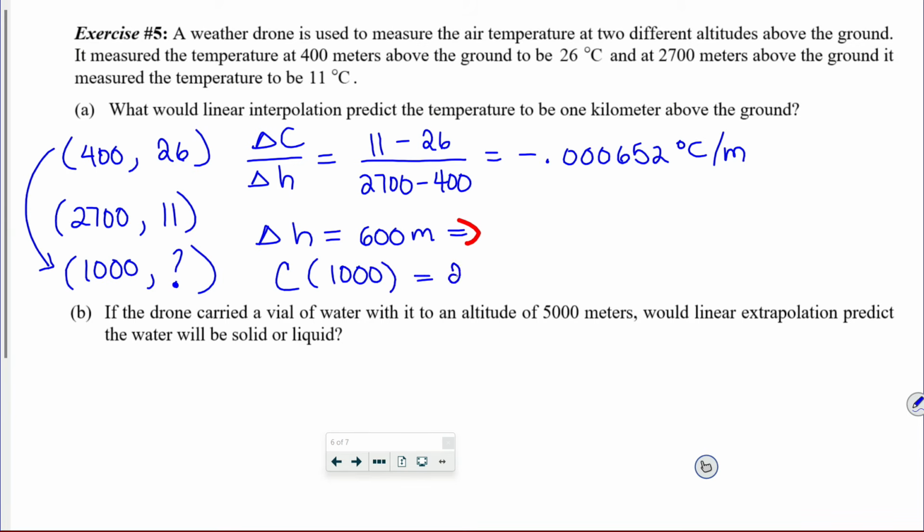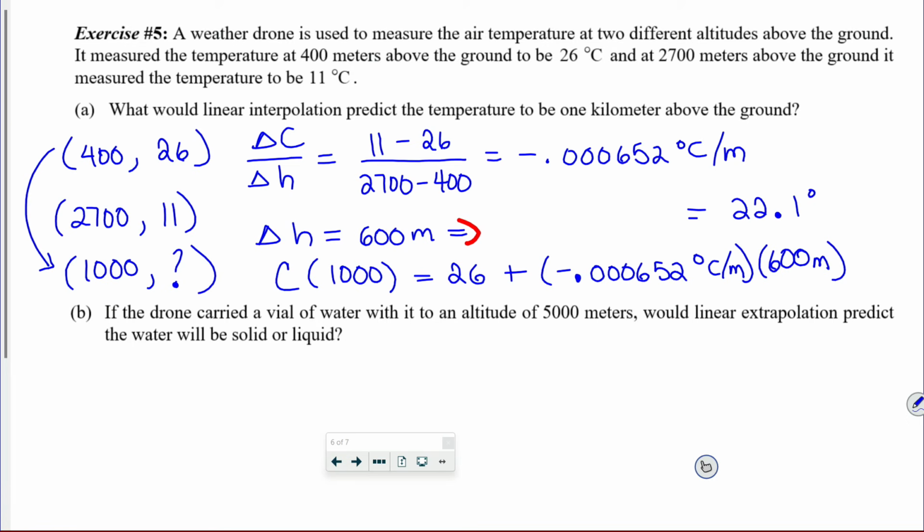It is going to be that 26 degrees plus, or minus, depending on how you want to think about it, 0.000652 degrees Celsius per meter times 600 meters. I do that calculation all at once, and that ends up being a Celsius temperature of 22.1